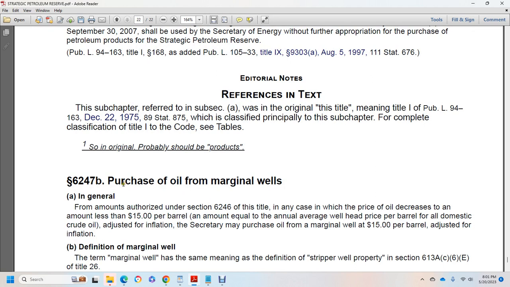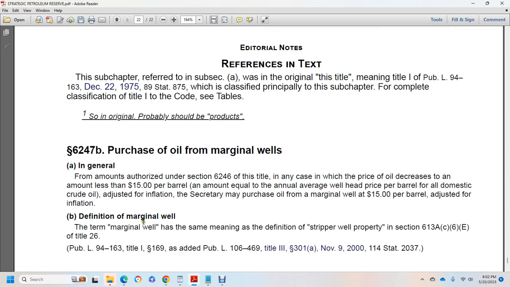Alright, 6247B, purchase of oil from marginal wells. In general, of the amounts authorized in section 6246 of this title, if the price of oil decreases to an amount less than $15 per barrel, an amount equal to the annual average wellhead price per barrel of all domestic crude oil, adjusted for inflation, the Secretary may purchase oil from marginal wells at $15 per barrel adjusted for inflation. Definition: marginal well. The term marginal well has the same meaning as the definition of stripper well property in section